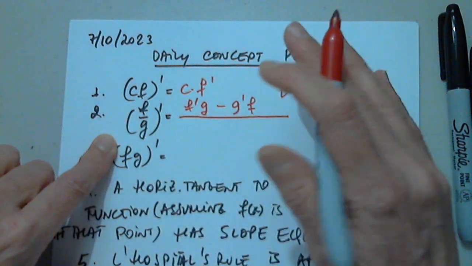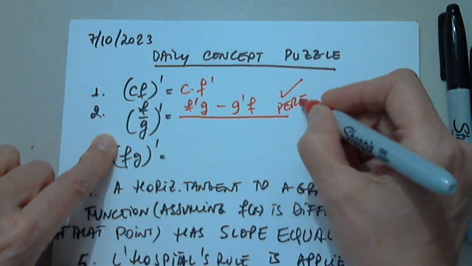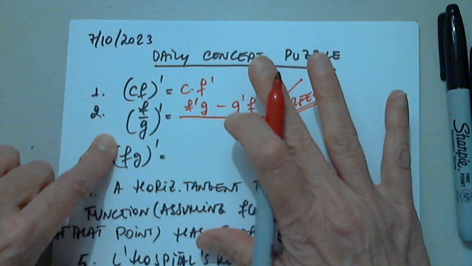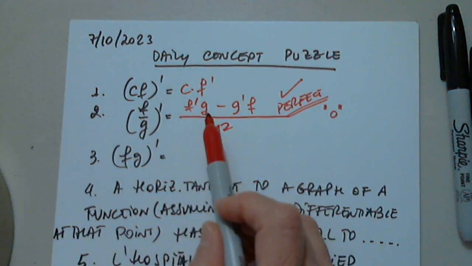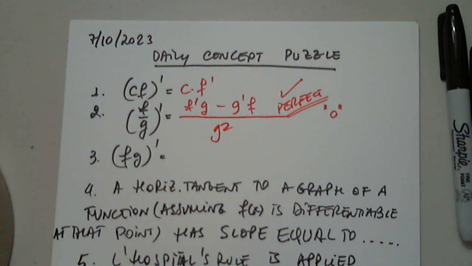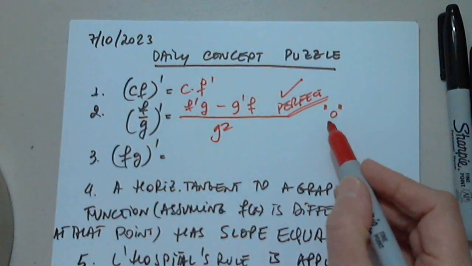Okay. But it's perfect. You don't have to switch. If you remember this one, it's fine. But I like f prime g minus f g prime. It's just a matter of habit. You create your own habit, and I'll accept it. But if you swap these two,